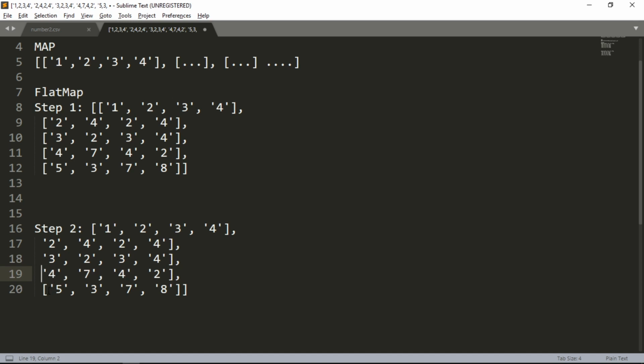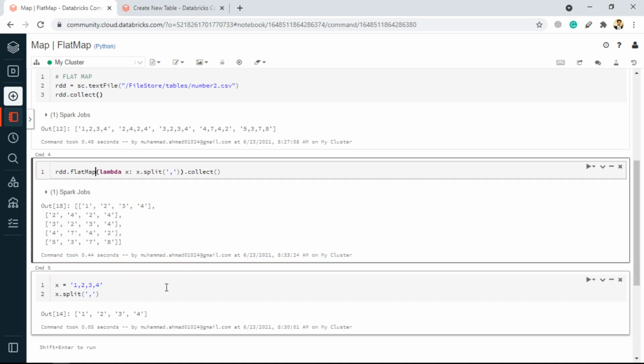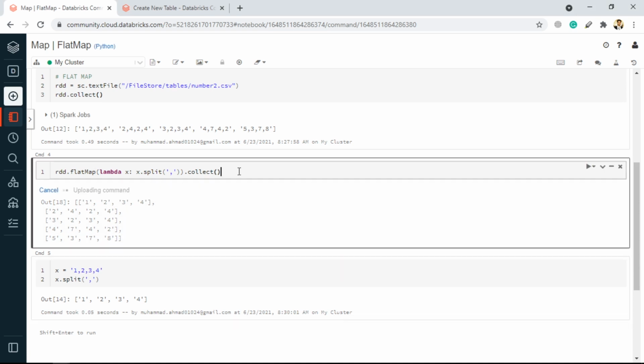Just like that. And all these will also be eliminated. Then we have a final list of elements. So here we now get a unified list of elements, or in RDD terms, unified elements that are present inside the RDD.